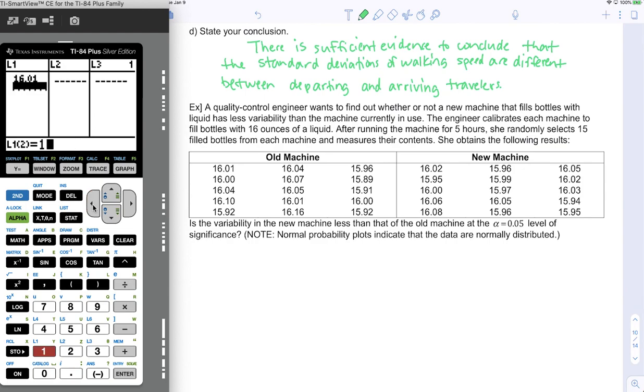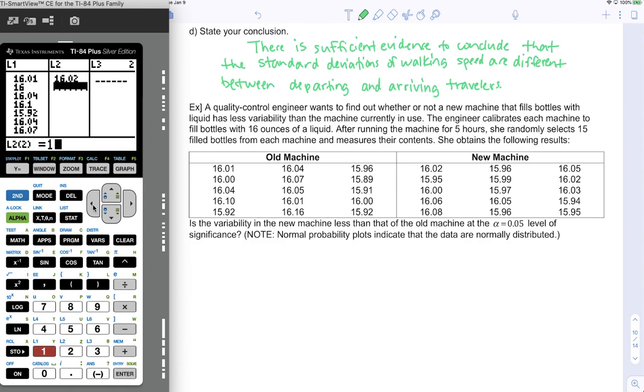16.01, 16, 16.04, 16.1, 15.92, 16.04, 16.07, 16.05, 16.01, 16.16, 15.96, 15.89, 15.91, 16, 15.92. Okay, and then we'll put the values for the new machine in list 2,